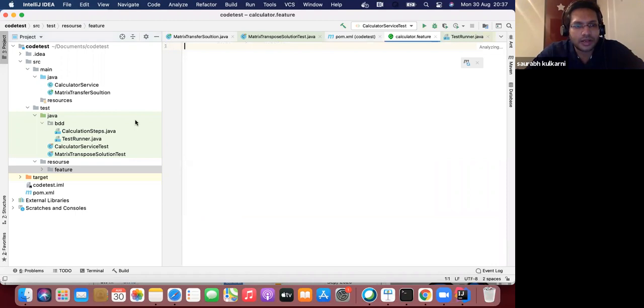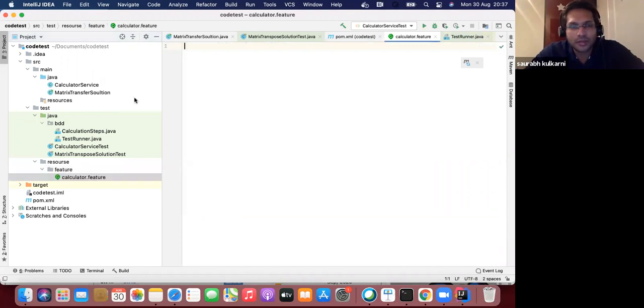Perfect. So when I added this calculator.feature, my IntelliJ is smart enough. It understands the .feature file because we have included the Cucumber framework, and the plugin is now ready to use for us. So how to write this feature file then?